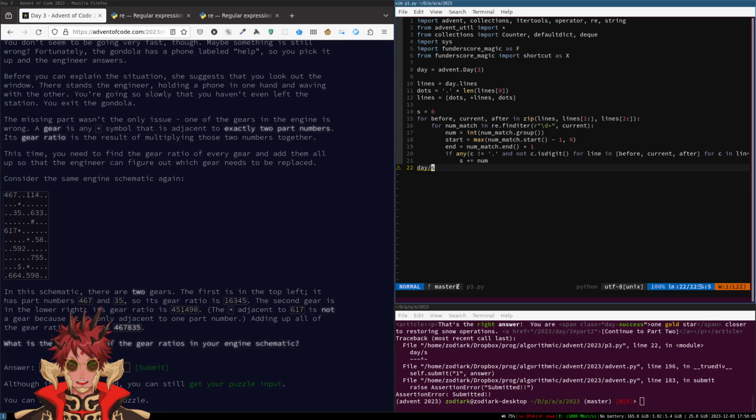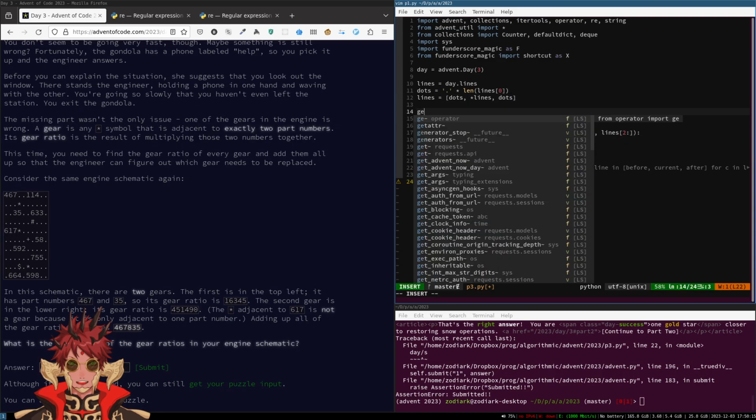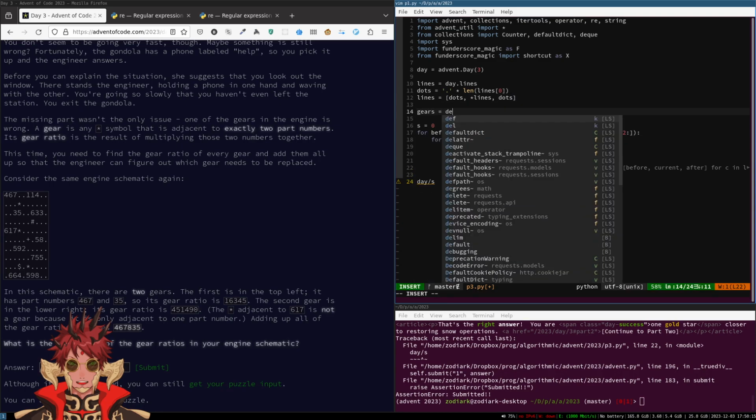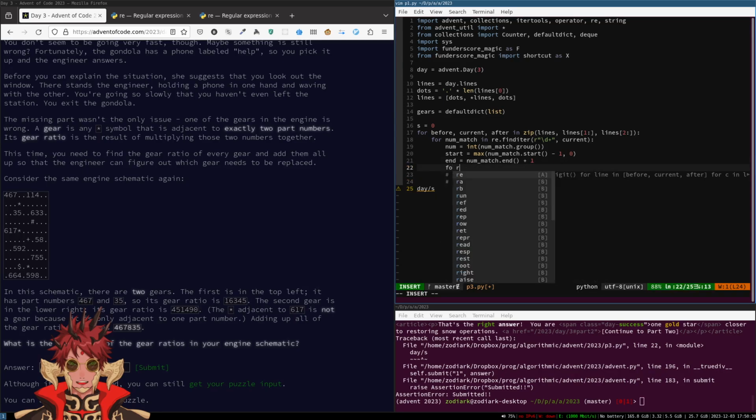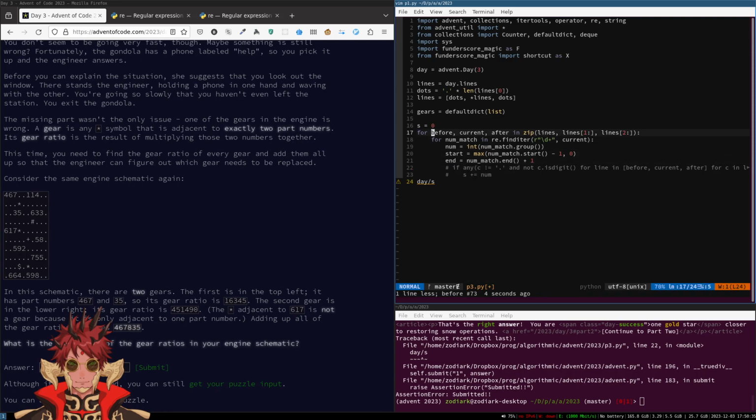I'm gonna stick with this. So what we want to do is, whenever we find a number that's adjacent to a gear, we're going to stick that number. We're gonna locate every gear. So we're gonna find every gear, for... Now I need an index.